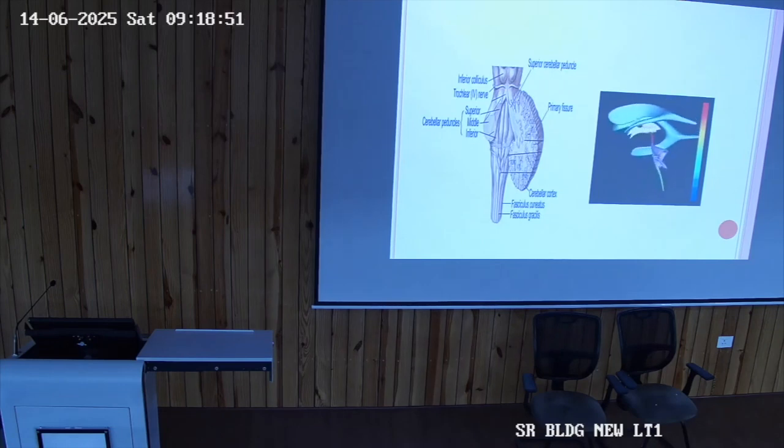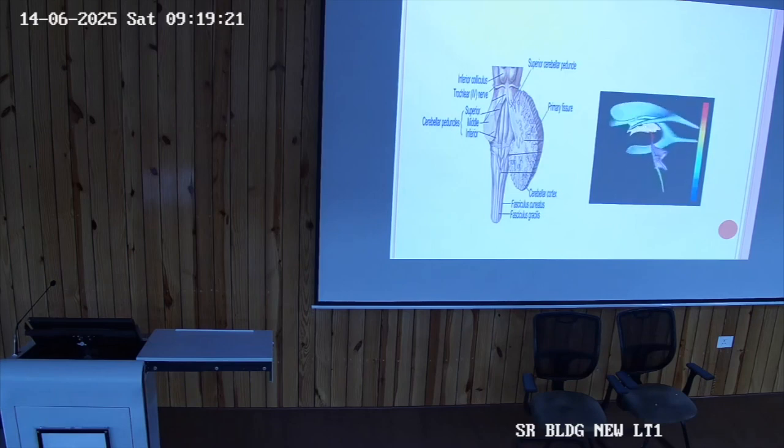Superiorly you can identify the boundaries, and inferiorly the boundaries are formed by the inferior cerebellar peduncle. This is the stria medullaris, this is the pontine part, this one is the medullary part. So the nuclei which are present in the medulla will form the inferior part of the floor, and the nuclei which are present in the pons will be visible in the upper part of the floor of the fourth ventricle.